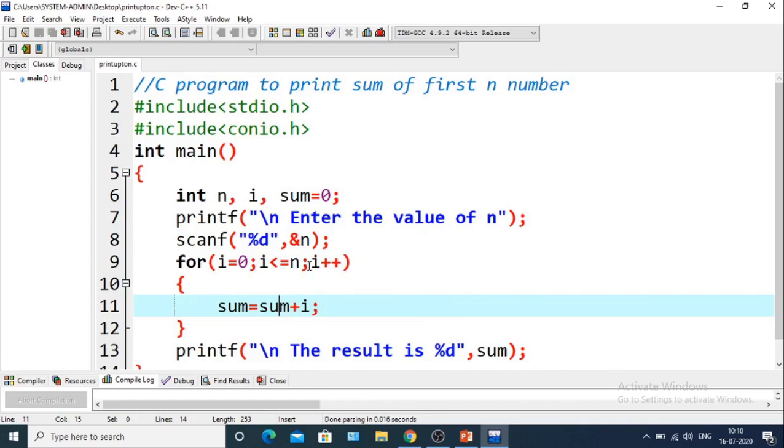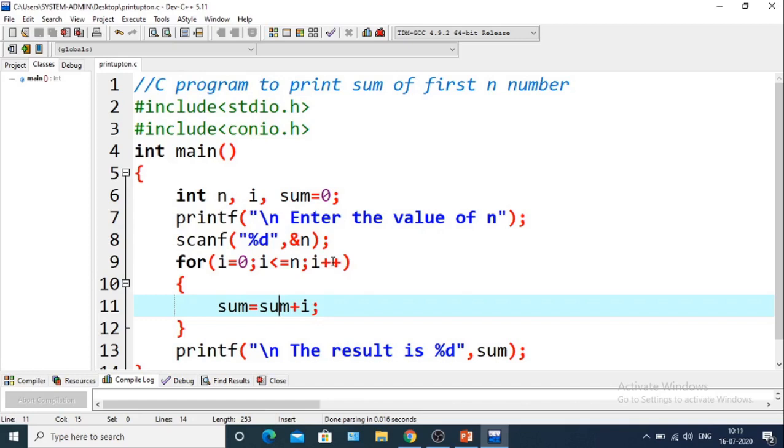After that the value of i will be 3, which is less than or equal to n, that is 5. So the new sum will be 3 plus 3, that is 6. After that the value of i will be 4. 4 is also less than or equal to 5.